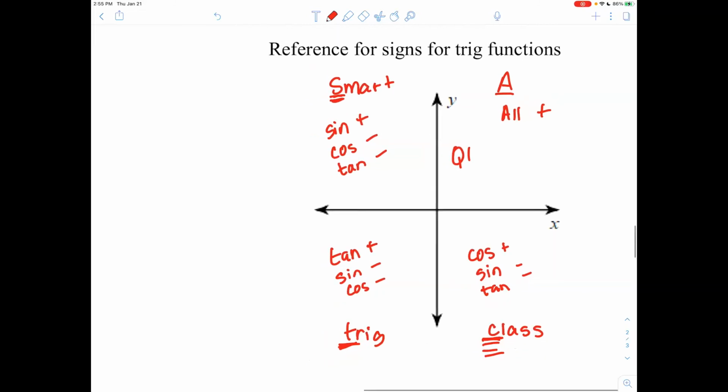So that's just a little reference that you could have out by when you're doing your homework, just to make sure you're assigning the right sign. Is it a positive or a negative value for angles that are in each quadrant? And that is it. Hopefully you understood that lesson. Work on your homework and have a great